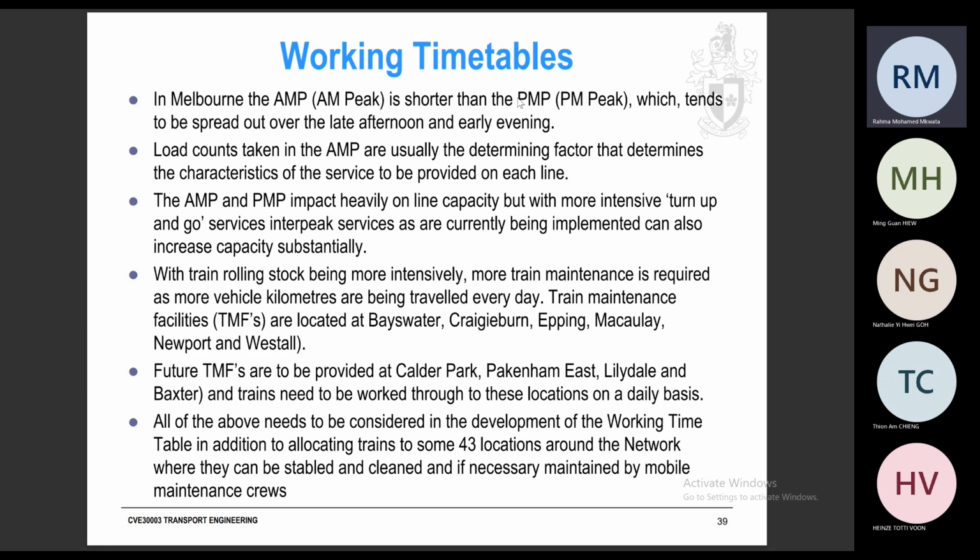The loads usually are higher during the peak hour. So how do you manage that? For peak hour, you can have shorter intervals. So every 3 minutes, you might have a train coming, or every 5 minutes. But off peak, if it's not a peak hour, you can have a longer time, maybe every 10 minutes, that is when another train is coming. So this has to be factored into your working timetable